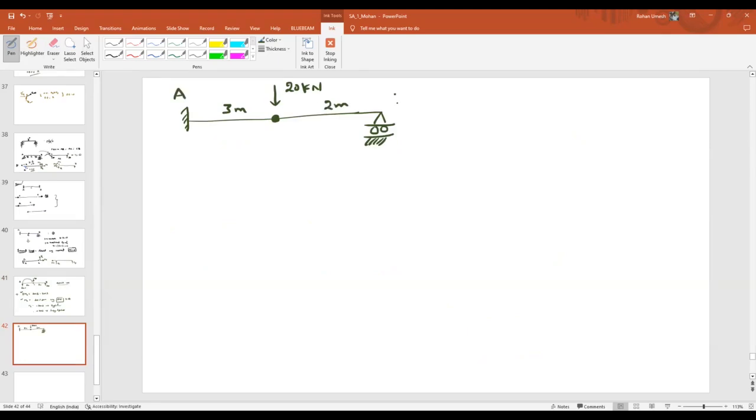Now our task is to know whether this is a determinate case or an indeterminate case. Why I am solving the problem here is that if I tell you simply by using equations, you might forget. But if you understand with some example, then it will be remembered for a long time. So, how many unknowns are there in this case? At A, how many reactions will exist? 3. 2, sir. In general, you can say it is 3 or 2, it doesn't matter,